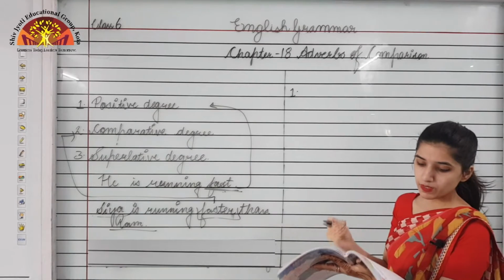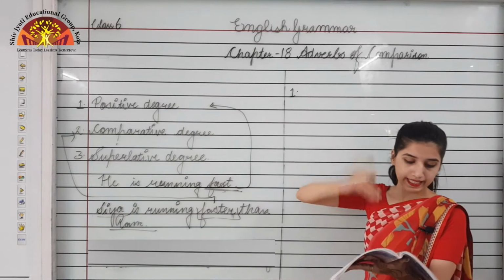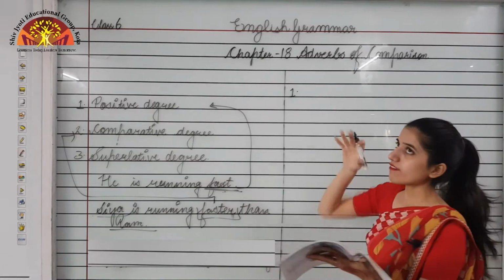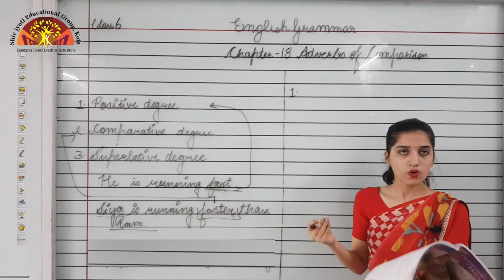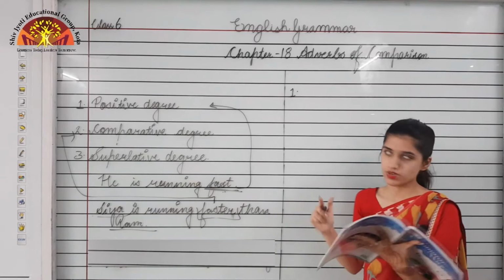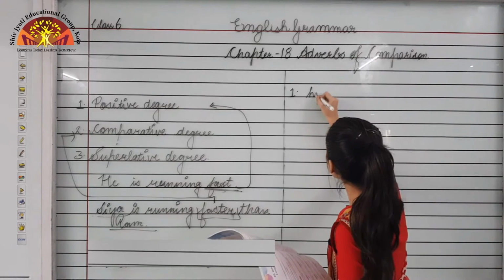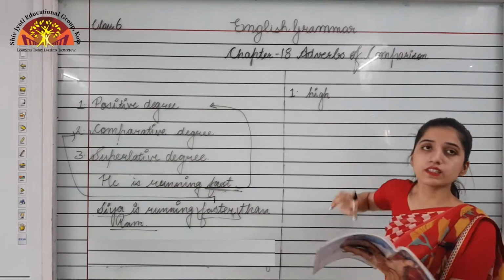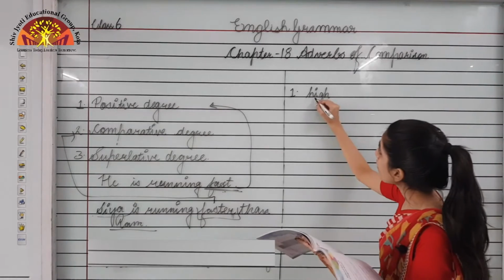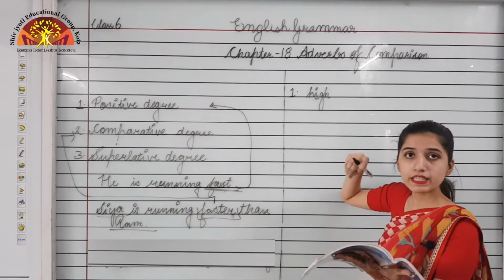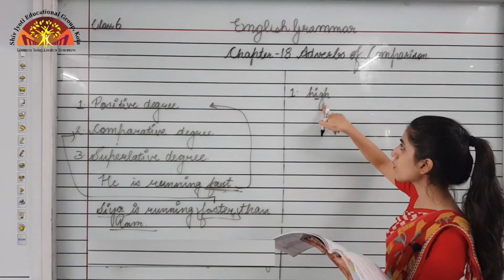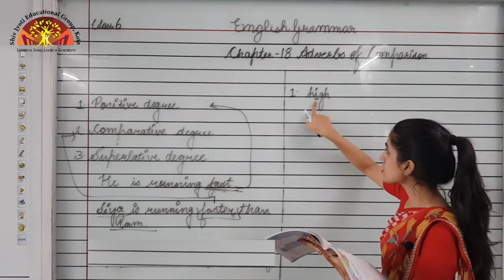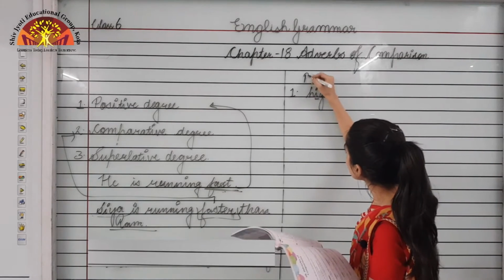With one syllable adverbs, we form the comparative by adding er and the superlative by adding est. Like we are having a one syllable word, that is having one vowel sound. Like if I write high. High has the sound of only one vowel, that is I. To identify a one syllable word, you need to see the word, and if the word has only one vowel, then it is a one syllable word. So high is the positive degree.